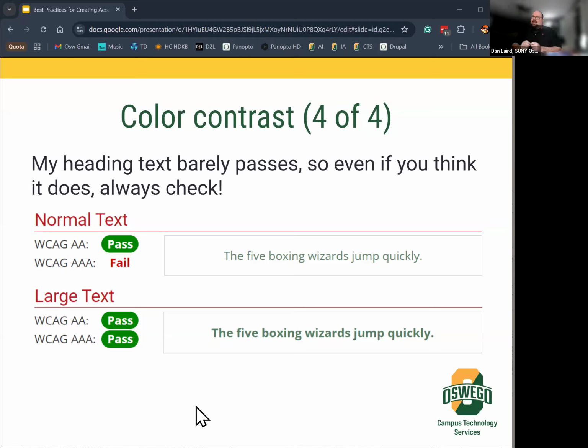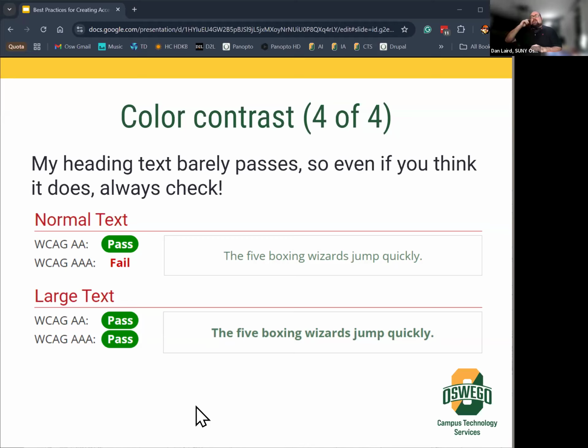So even if you're like, I'm pretty sure this is fine, and I can read it, so I'm sure everybody else can, even in that case, you're better off checking. It's better just to know and be sure, because I read this and it seems like it's good to me, but it does fail the more stringent test.